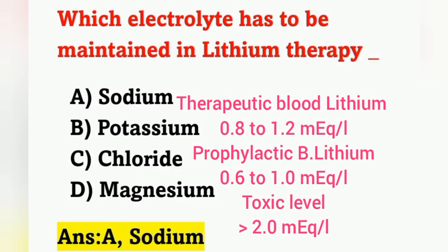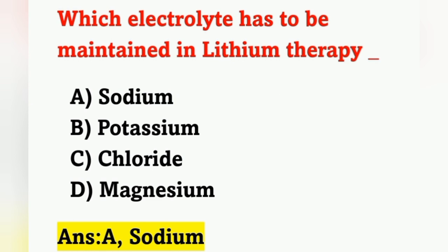Here our question: which electrolyte has to be maintained in lithium therapy? We should maintain sodium during lithium therapy because there is a chance of lithium toxicity. As a nurse, we should explain to the patient that lithium should be taken along with food. Okay, and if there are symptoms of toxicity, that is nausea, vomiting, excessive vomiting, tremors, twitching, for the